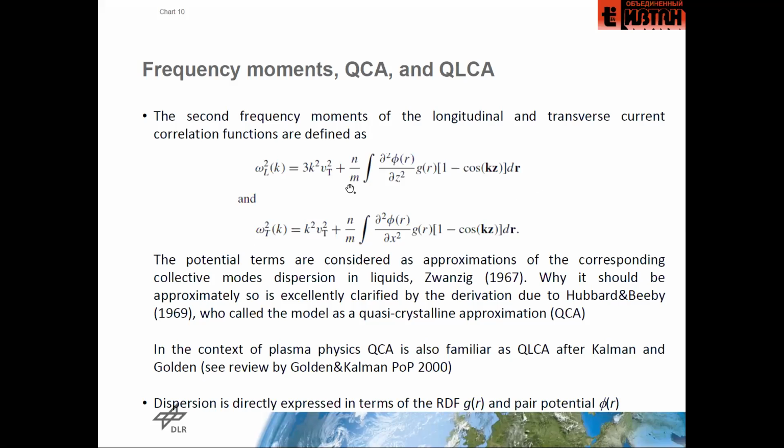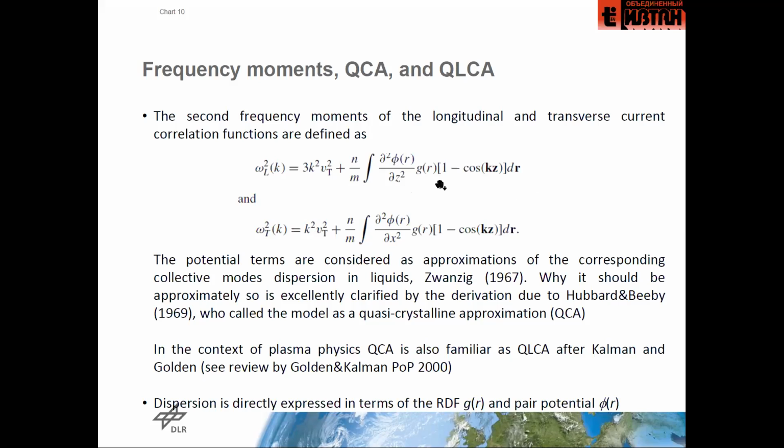You see that they consist of two terms. The first terms are kinetic terms, and the second terms are related to the interparticle interaction potential and the radial distribution function g(r). And the potential terms